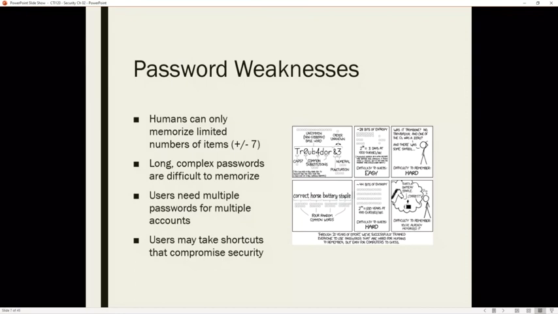Now, in order to make a password complex, one of the most important things is length, because if we have a number of possible combinations, we have to think about the multiplicity of that particular structure. So if we have the password, hello, that's only 5 characters long. Now, even if we were to have the numbers 0 through 9, the letters A through Z, both upper and lower case, then we have something like 62 characters. Now, granted, 62 to the 5th power is a pretty large number. But if we were to do an extra character,